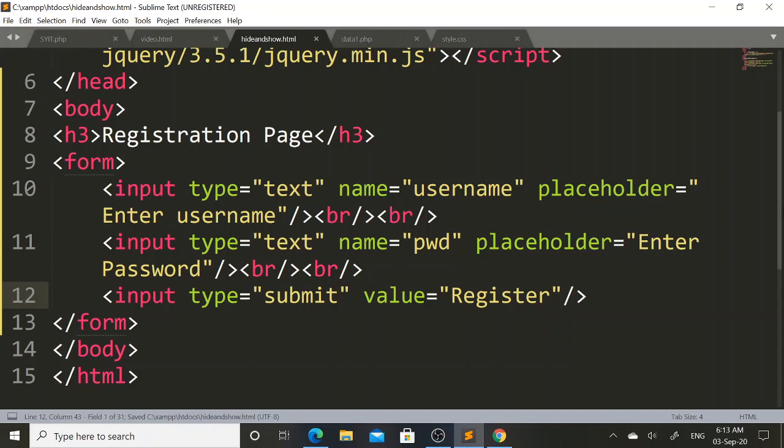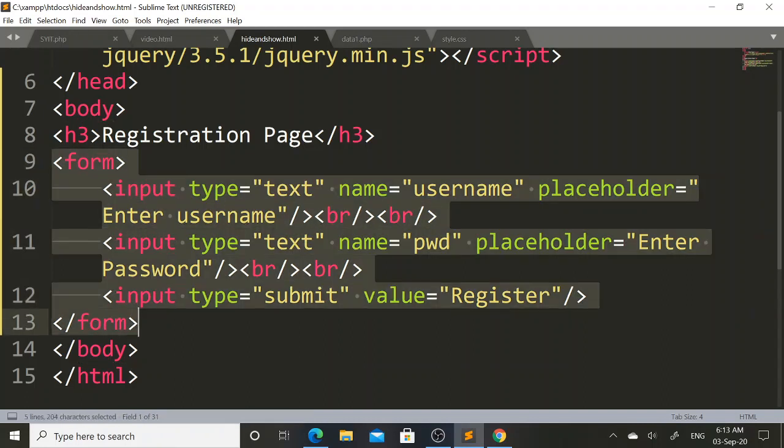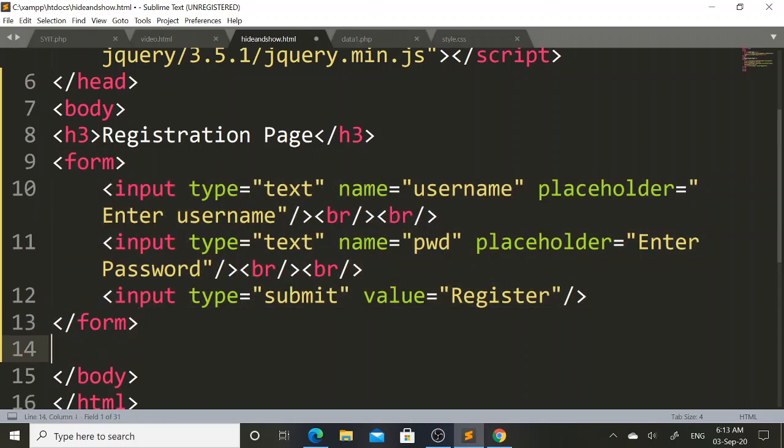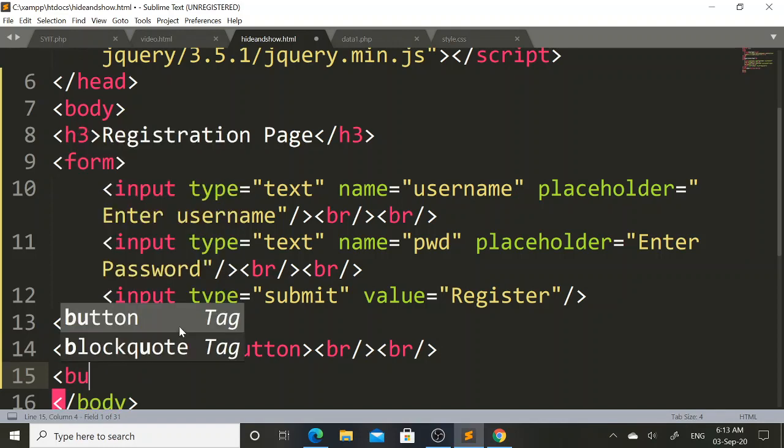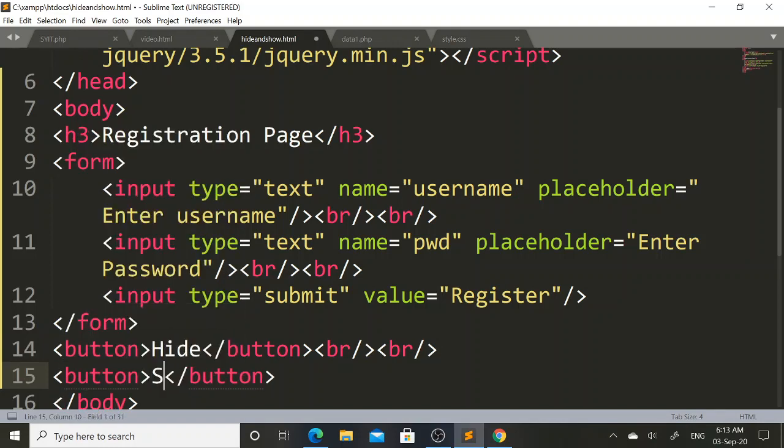Now I want to apply hide and show effects on this registration page. So I will include two buttons. Using button tag I will include one hide button, and in next line again using button tag I will include show button.